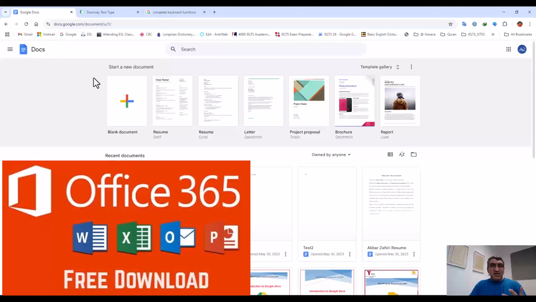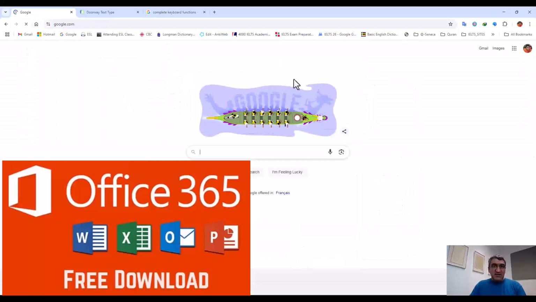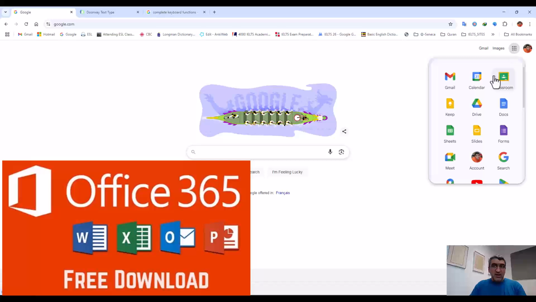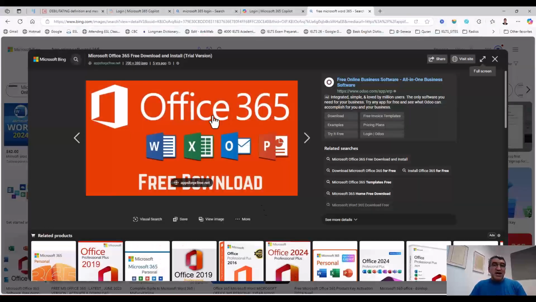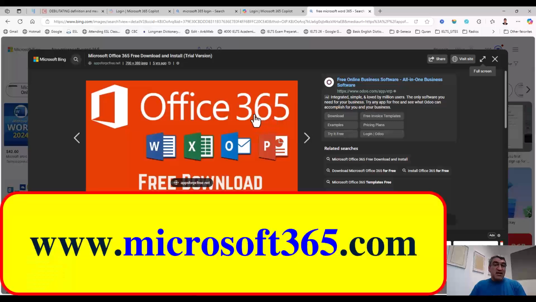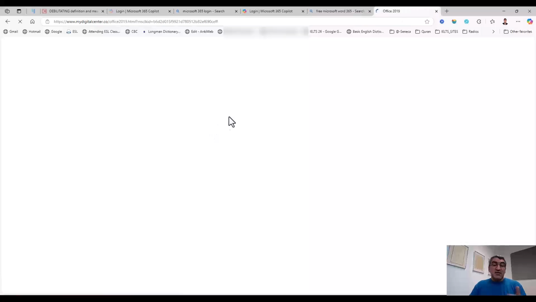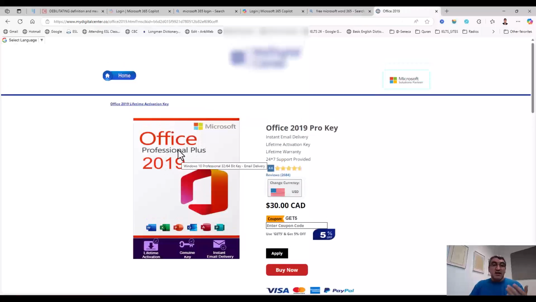Another point that I want to mention is that Microsoft Office has the same as Google Docs. This is for Gmail, and Google Docs is for Google. When you go here, you click on your Docs and access it. You can also access Microsoft Office. Pay attention, Microsoft Office 365 is only available online and it is free. It is completely different from Microsoft Office, for example, that you should buy and pay money for. So this is completely different.